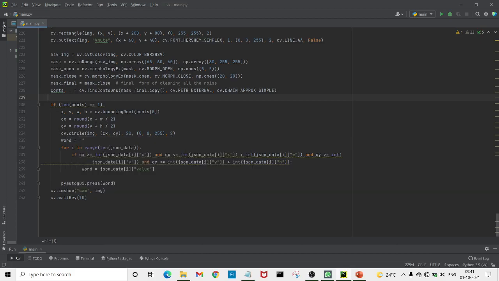Okay, before that, I'll tell you about the CV2 retrieve external and chain approx simple. This will retrieve only the extreme outer contours, and CV dot chain approx simple will store only the corner points.